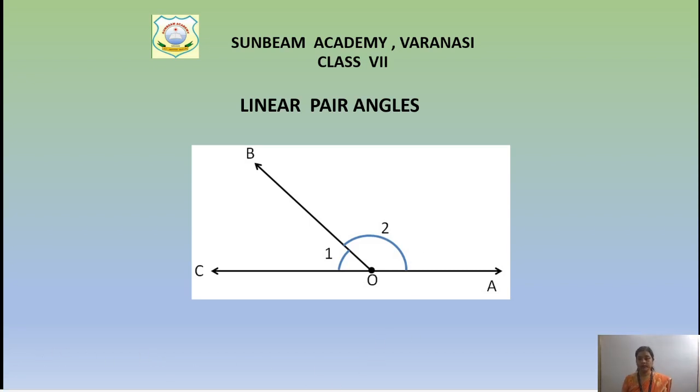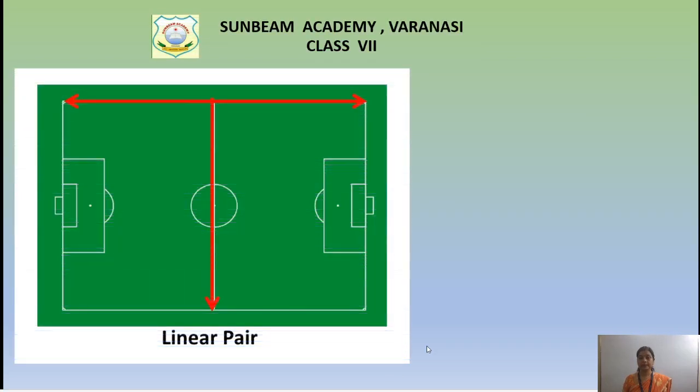Now the third one is, after this, let's see the example of a linear pair. See, this is an example of linear pair. One angle is this much and another angle is this. Both are 90 degrees, children. But see, the non-common arms are opposite rays. That's why it is an example of linear pair. Two adjacent angles are there.